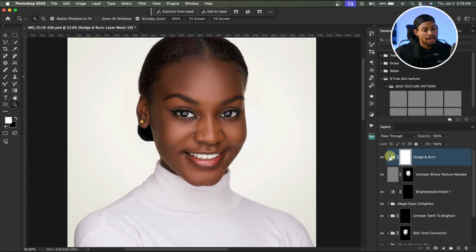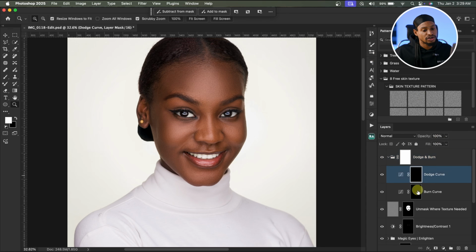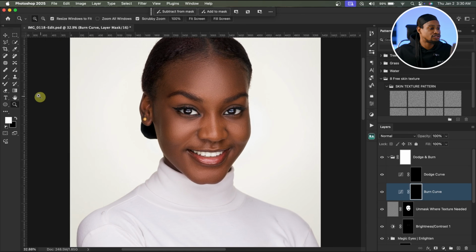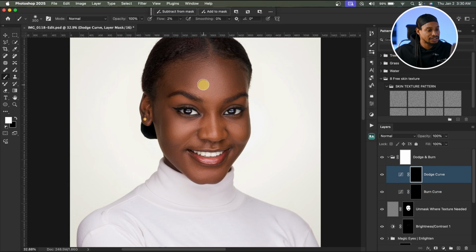So to do that, I'm going to open up the group. We have our dodge and we have our burn. So dodge is to brighten, while burn is to darken. Now I'm going to dodge the highlights part of the image. So I'll pick my normal brush tool, take my flow to about 2%, and just dodge the highlights. Sorry, I'm on burn. So I'm just going to dodge the highlights like so, like this, the lips, under the jaw, then here,